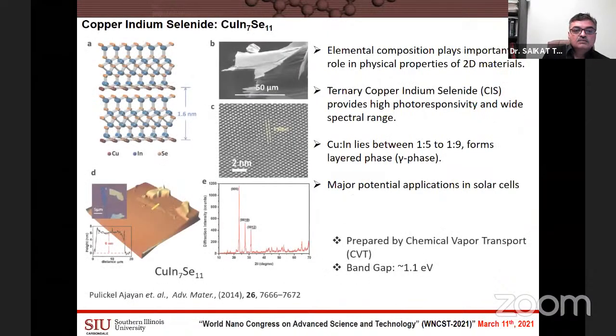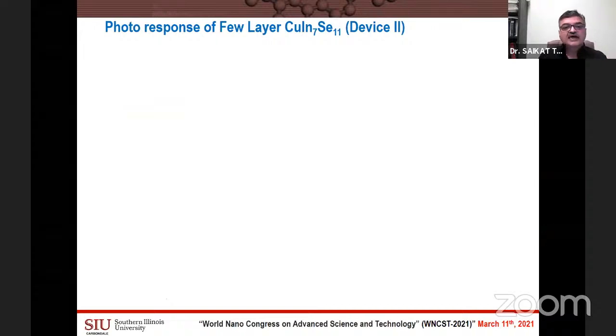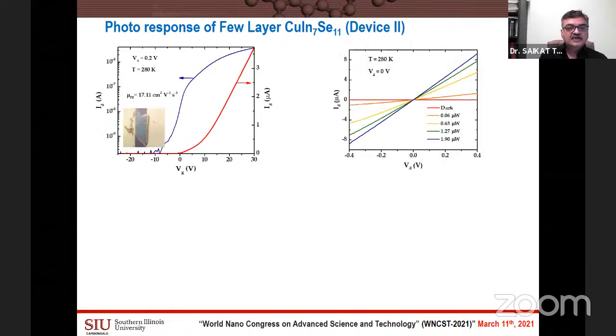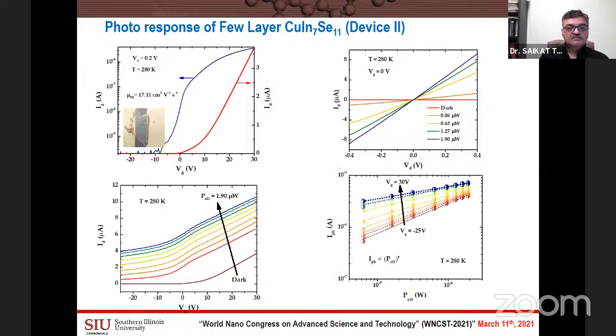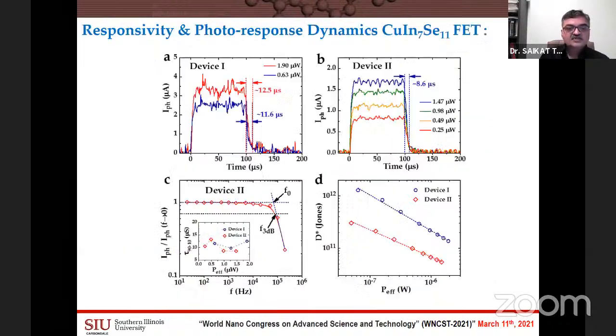Okay. Now, what we have tried is we have looked at copper indium selenide, a very nice material. As you can see, the currents are pretty high in a small device, a 10 micron device like this. Not only that, some of these devices have a fall time, the switch off time, in the micro-second order, and the detectivities are higher than a commercially available silicon photodetector, which is roughly 10 to the power 11 or so. And it has a broad